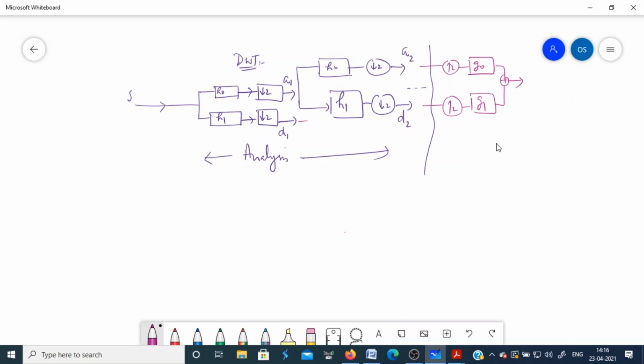Okay, and then this is again upsampled, processed through the same filters. So add them together, you get the reconstructed signal S cap. Okay, so this is my synthesis part,